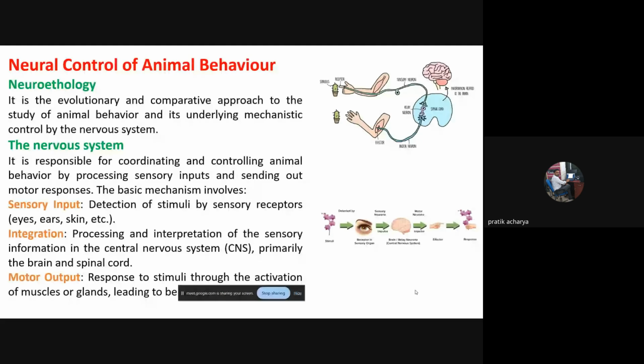This is the mechanism of behavior. So first of all, we'll discuss neural control of animal behavior, because we know that behavior